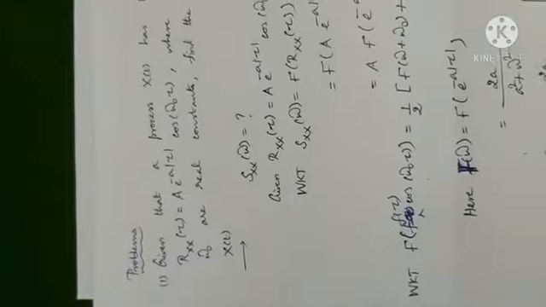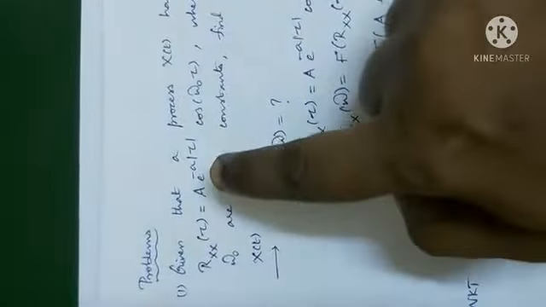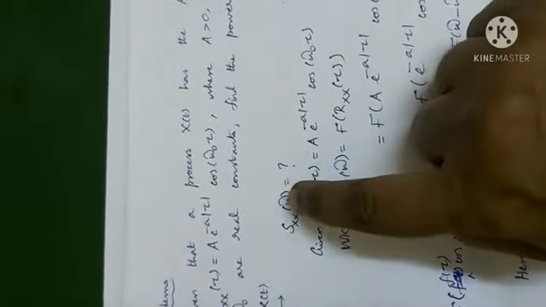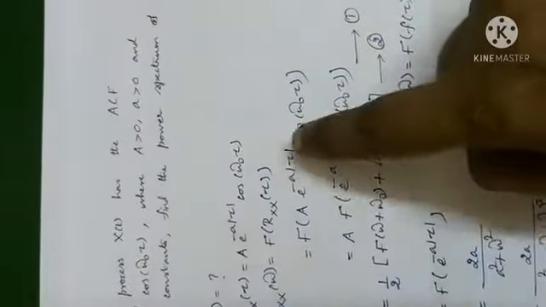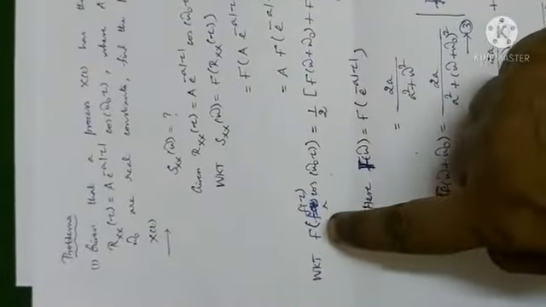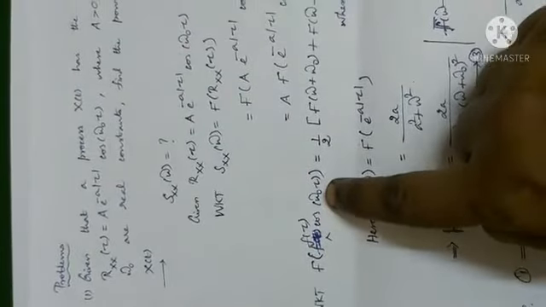Let us see the continuation of the problem after the third problem in the morning video. See, they have given the autocorrelation function. Find the power spectral density. That is, this Sxx of omega is the question. We know the relationship between them. Sxx of omega is the Fourier transform of this one. Let us substitute. Once you know the formula, you proceed. If you do not know the formula, go for integration. We know the formula; we have already studied it in the morning class. F of tau into cos omega tau is 1 by 2 into this one. So we know that if it is f of tau, this is the answer.